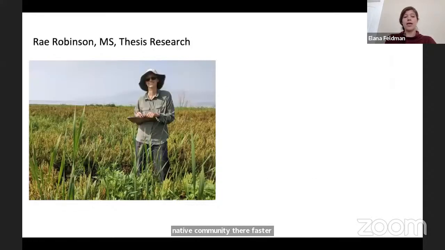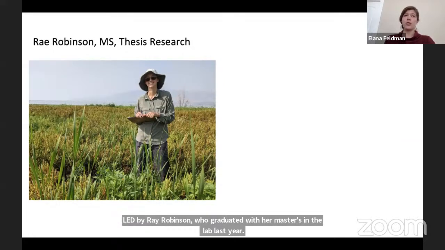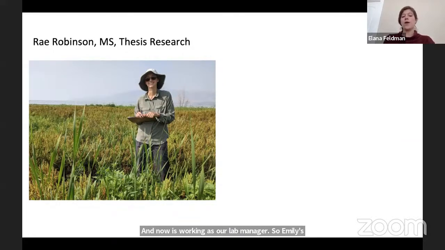So this research led to another series of experiments led by Ray Robinson, who graduated with her master's in the lab last year and now is working as our lab manager. So Emily's experiments only looked at graminoids. So Ray was curious about whether forbs would do a better job at reducing Phragmites in an area than the graminoids did. So Ray planted a series of different seed mixes that had different amounts of either forbs or graminoids in them